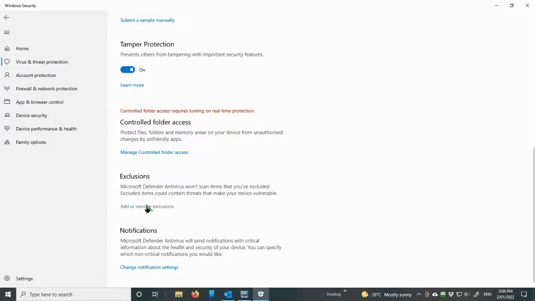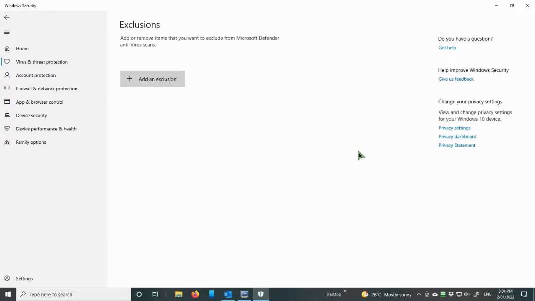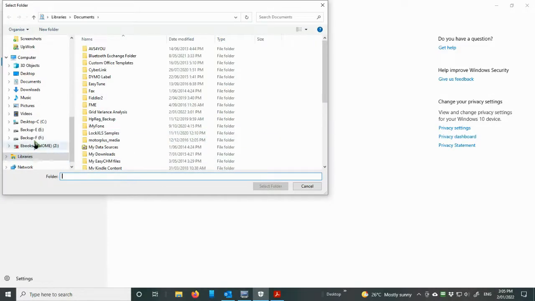exclusions, we just say add or remove exclusions, and at this point we need to add an exclusion for the folder, the grid variance and UREFs folders, and also for the excel.exe program. The first thing I'm going to do is to add the folders that I need to add. So I'm just going to click on add an exclusion, click on folder, and at this point I just go